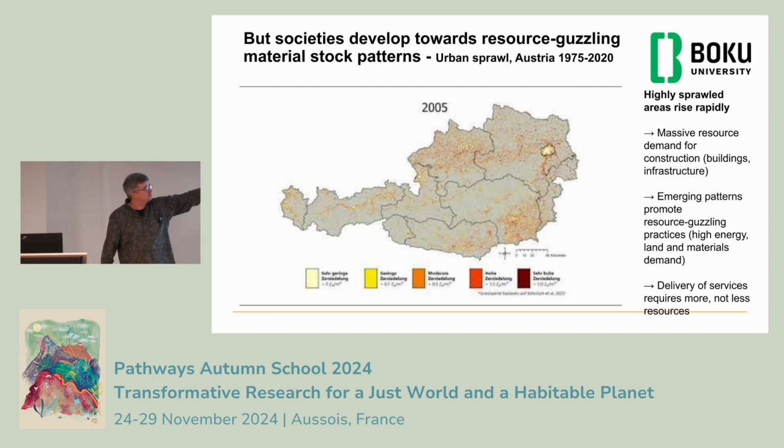And this means, of course, it's not only the massive resource demand for production or for the construction activities, but it's also resource-intensive practices. For example, for mobility, yeah, in some cases you can, but in most cases people will not use public mobility or active mobility. They will use cars because that's the way this landscape is structured. They will have big houses, yeah, especially when the kids move out. They have one or two persons in a house with 150 square meters, which is even a pain to keep clean, yeah.